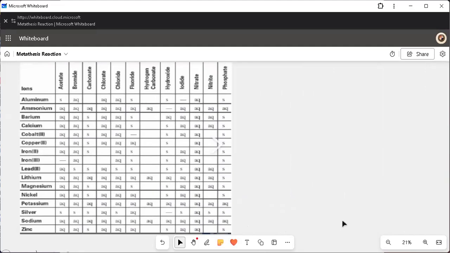Now, the table here is just an example of a solubility table, not an expert, but an excerpt of a more informative solubility table. Again, this is just an excerpt of a more informative solubility table. This is just for our reference. So, for example, you are given this kind of equation.